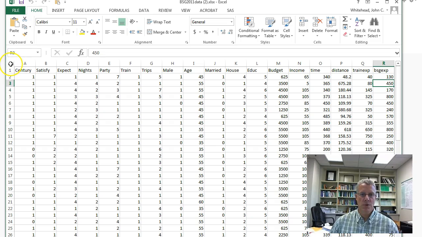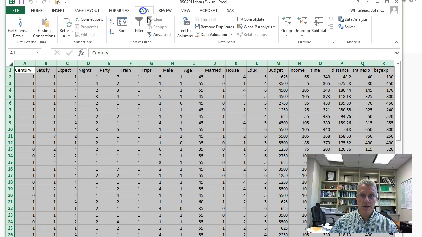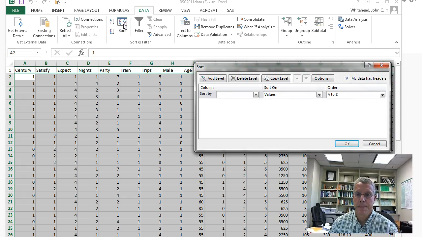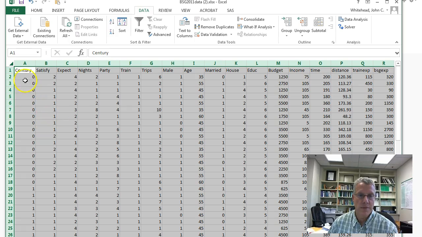Okay, so to do the difference in means test and the variance test, you're going to need to sort the data. So highlight the whole spreadsheet, click on Data, and then click on Sort. It wants to know which column you want to sort on. So we'll sort on Century